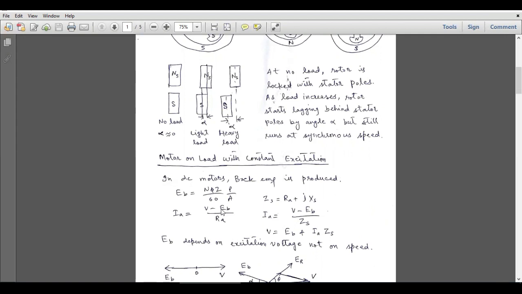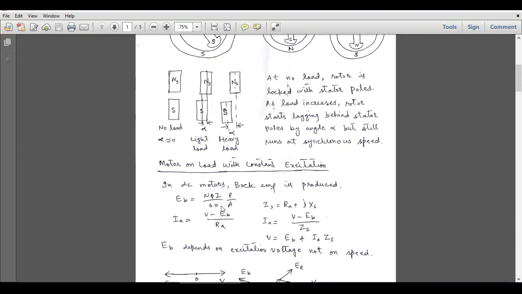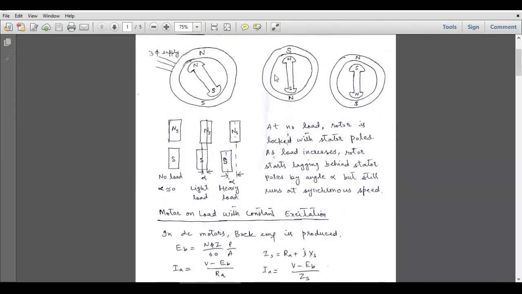But in synchronous machines, these windings are opposite. So in AC machines, field winding is done on the rotor and armature winding is done at the stator. And the stator core is also called the armature core. So here the winding which we do on the rotor is called field winding, and the current which actually flows through that rotor winding is called field current, and greater is the field current, greater will be the field excitation